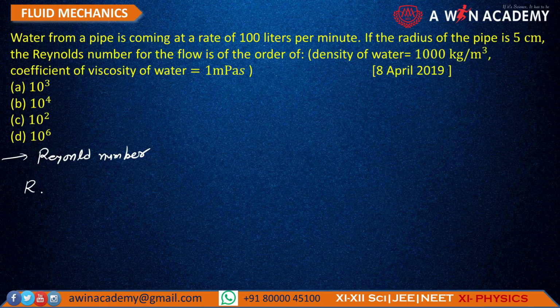रेनॉल्ड्स नंबर का फॉर्मूला होता है रो वी डी बाई ईटा। Rho V D by eta, where rho is the density of liquid, v is the velocity of liquid, d is the diameter of the pipe, and eta is the viscosity of liquid। अब यहाँ पे आपको कुछ डेटा दिया है, डेंसिटी दिया हुआ है, विस्कोसिटी दिया है, एंड डायमीटर भी दिया है, रेडियस दिया है, तो इससे आप डायमीटर भी निकाल सकते हैं। बट आपको वेलोसिटी नहीं दिया है, तो वेलोसिटी के लिए आपको फ्लो